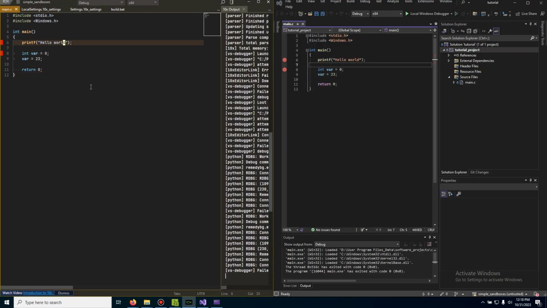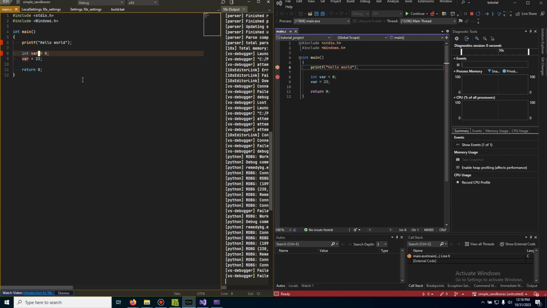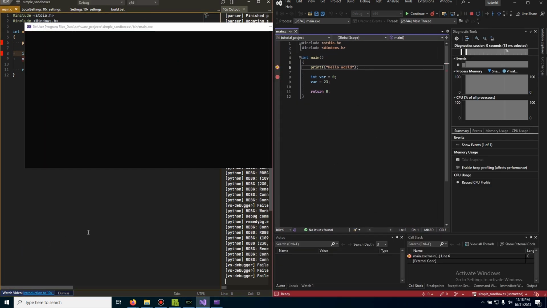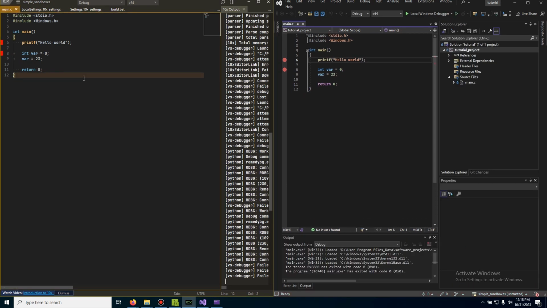all right, so let's say we were here and we hit start debugging. We're in Visual Studio, and then we came back to 10x. We can do restart debugging, right? And that'll restart the debugger, and then we can also stop the debugging process from 10x, and that'll stop it,